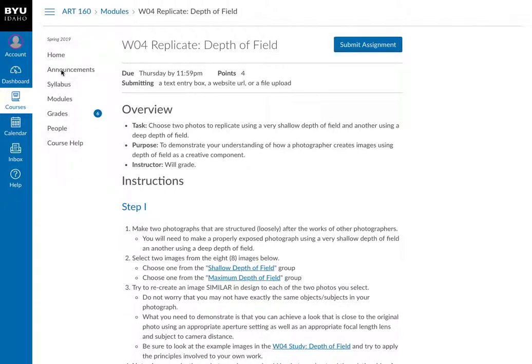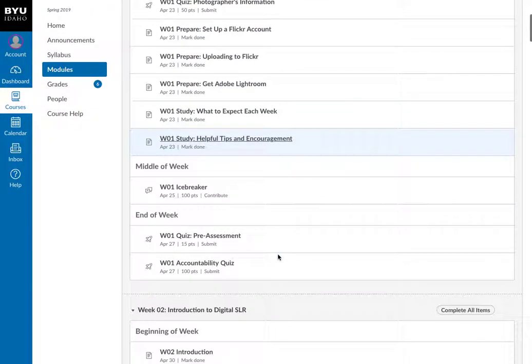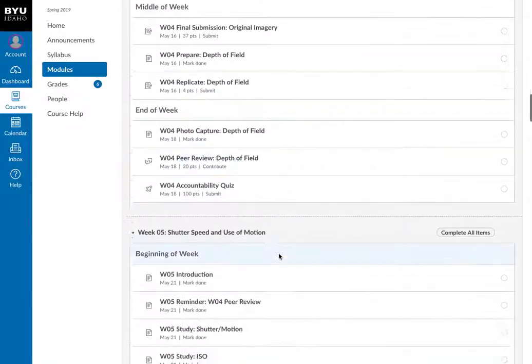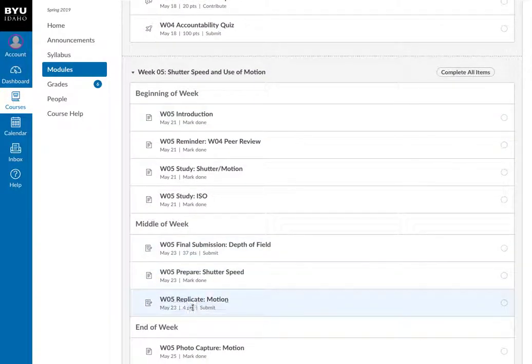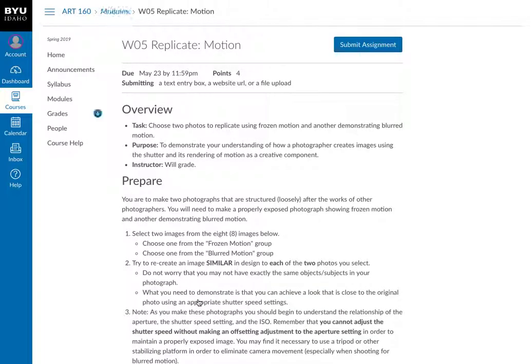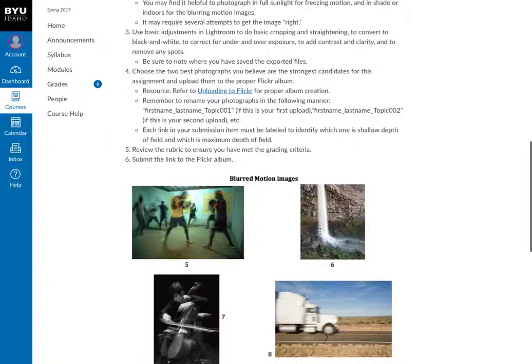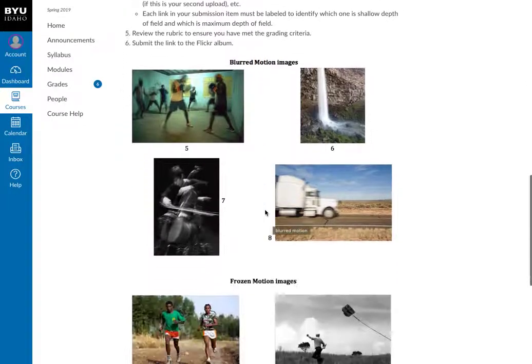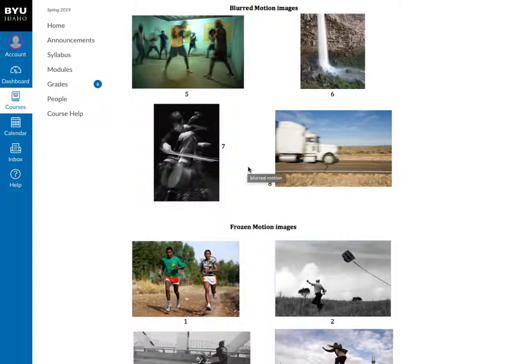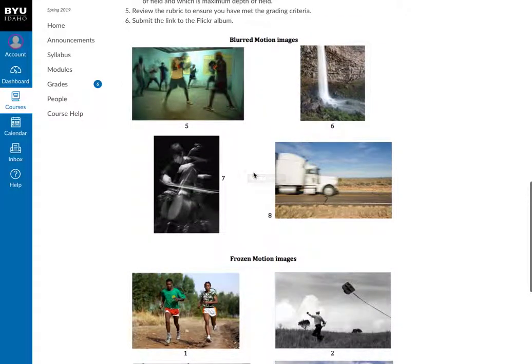let's go out, and I wanted to look at next week's duplicate or replicate. So now week 5, we're going to have the replicate motion. All right, I don't want to get too far ahead, okay? But the way to get blurred photos is, first, you need to have a tripod. If you don't have a tripod, you need to be setting your camera up on something. It's going to be so hard for you to get a clear image of motion if you're moving and the